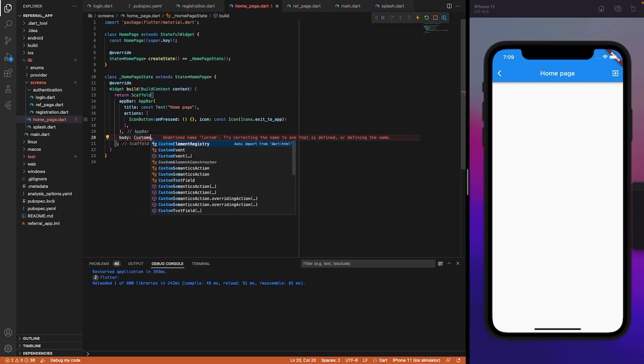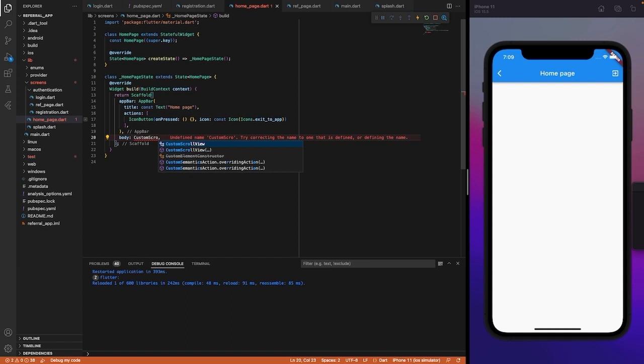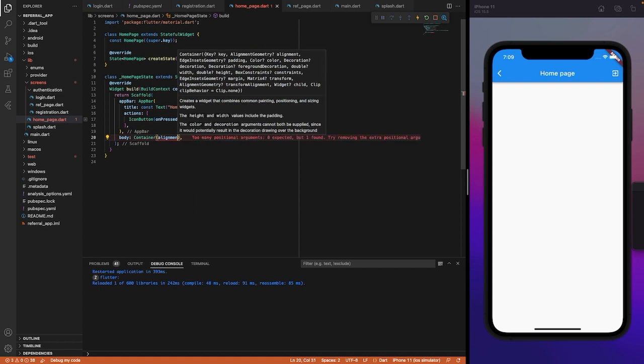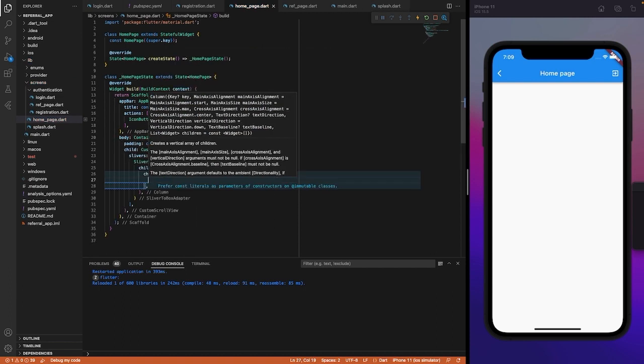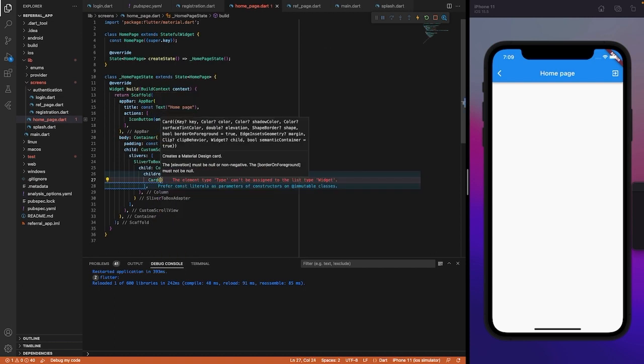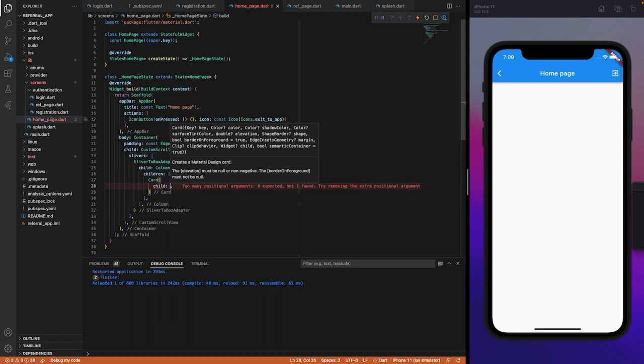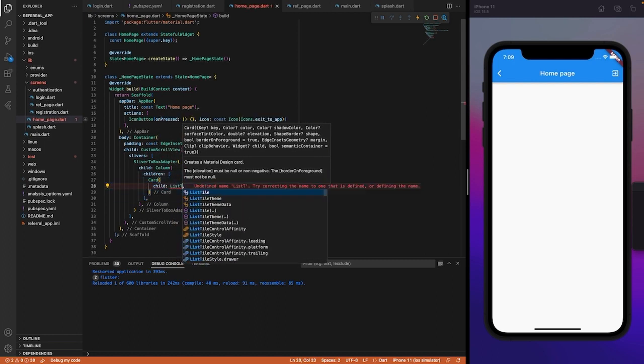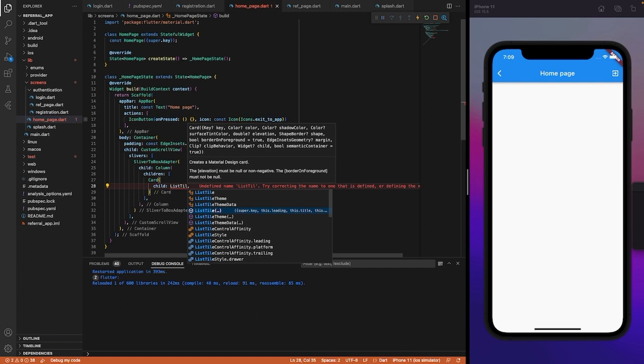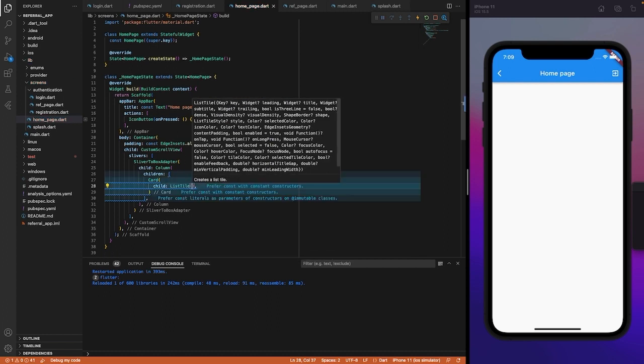Okay, and we have our custom screen view. Now, let's start that with a container so we can add some padding and with the children. So the first thing, we're going to have a card. That card is going to have a child of a list view. So this list style is just going to have where we have our earning and the total earning together with